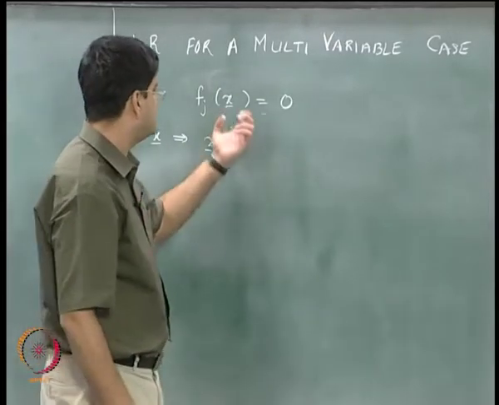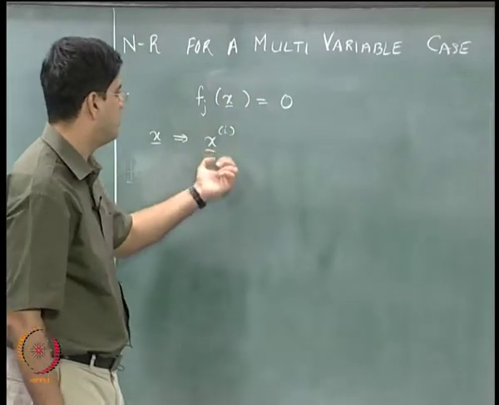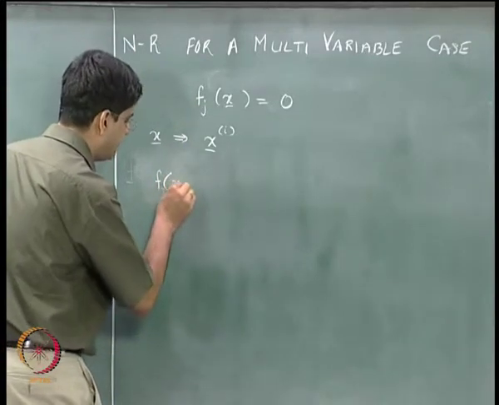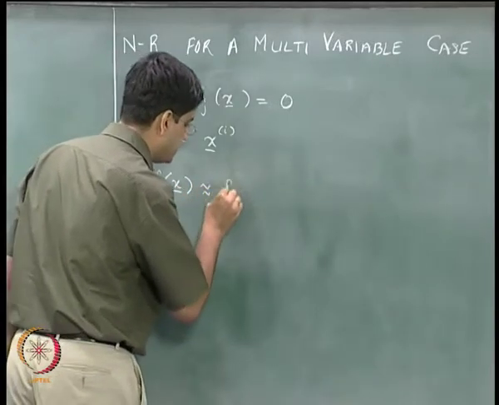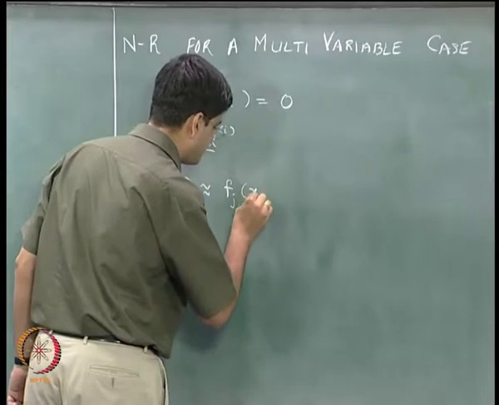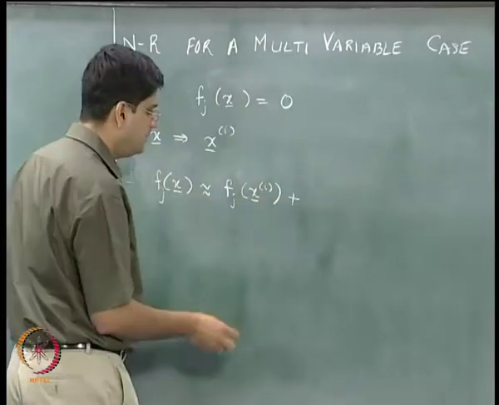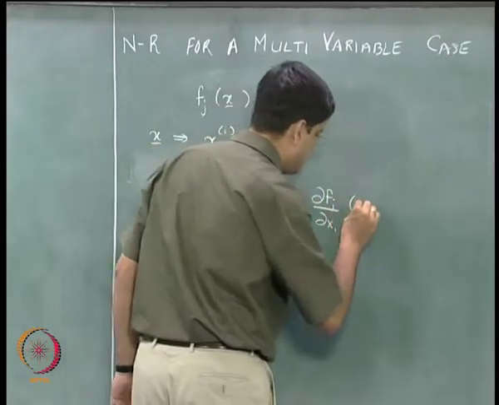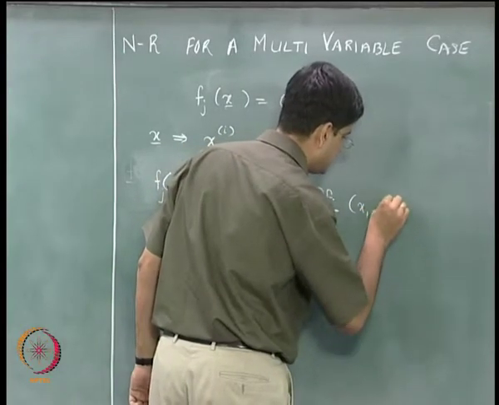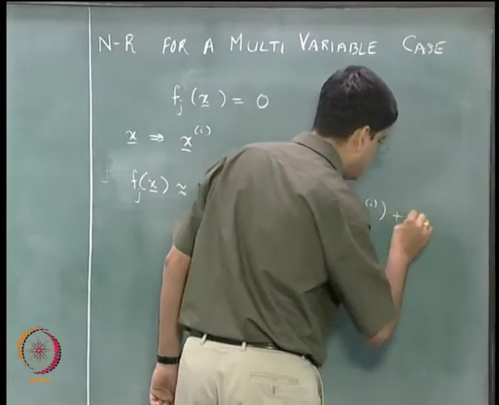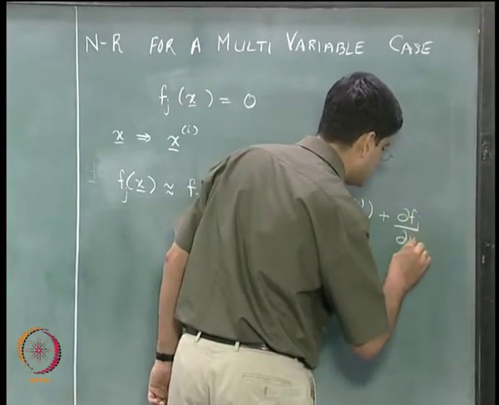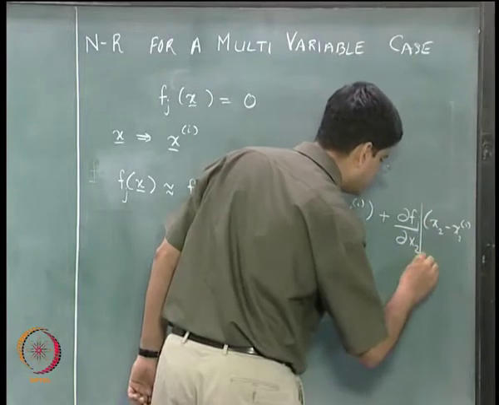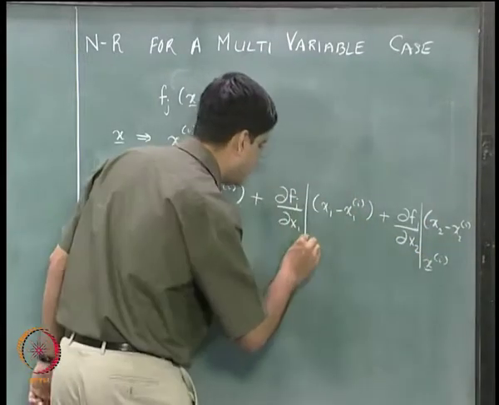Okay, so what we are going to do is linearize fj of x bar around x bar i, and we can write fj of x bar as approximately equal to fj of x bar i plus dfj by dx1 multiplied by x1 minus x1i, plus dfj by dx2 multiplied by x2 minus x2i, and of course this is evaluated at x bar i,